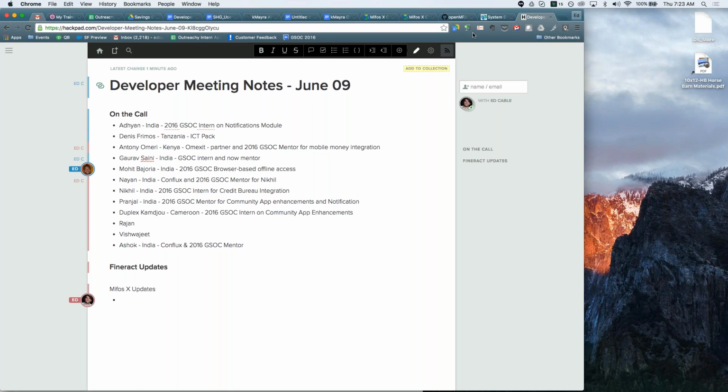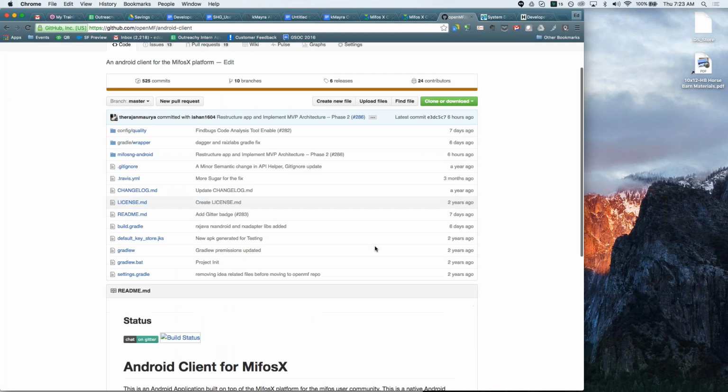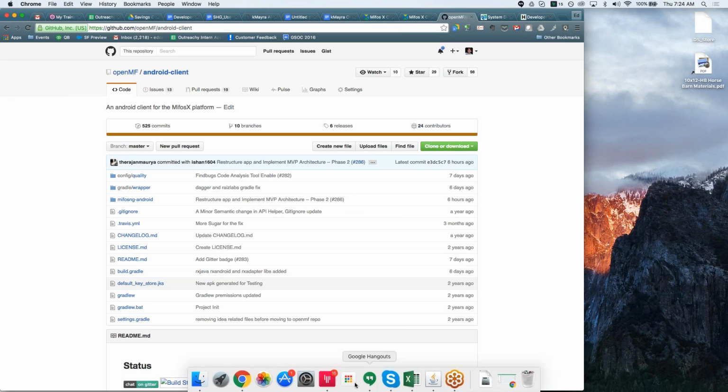And so if you're interested in partaking in doing some of the QA or fixing some of the bugs that come up, just go to the GitHub room, and then we have a Gitter chat room for the Android client project as well. And then we also have several members of our community working on updating our data import tool. And so, Nayan, did you want to give any updates on what's happening with the data import tool?